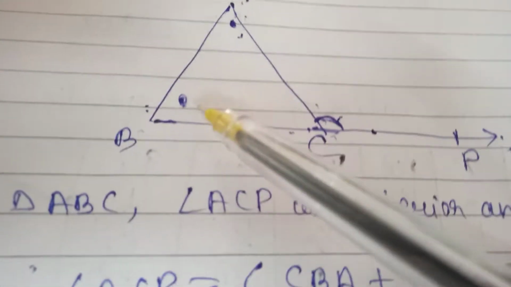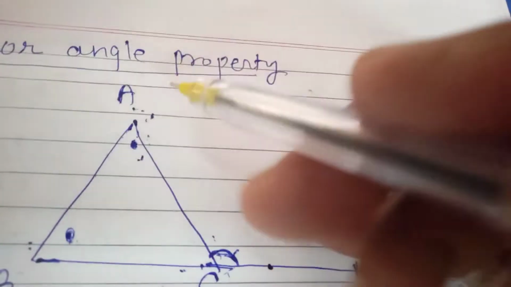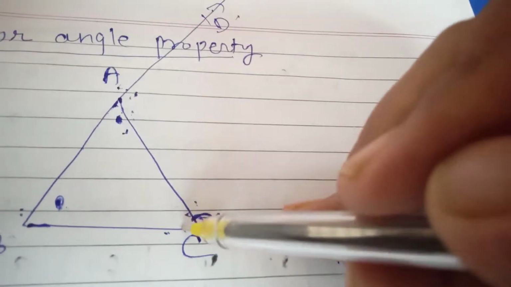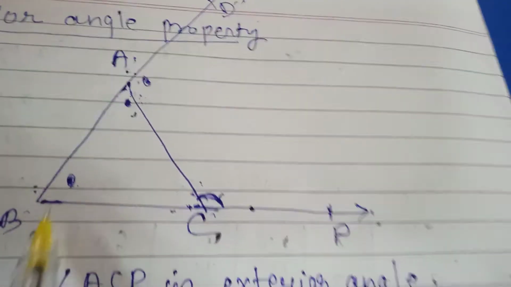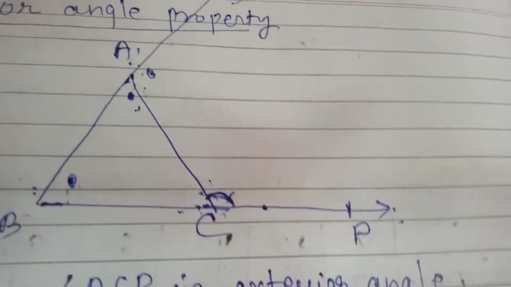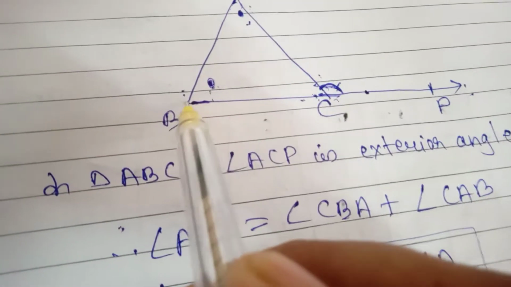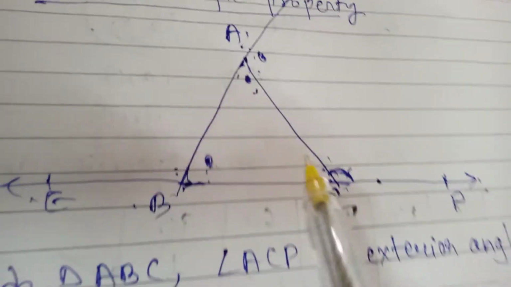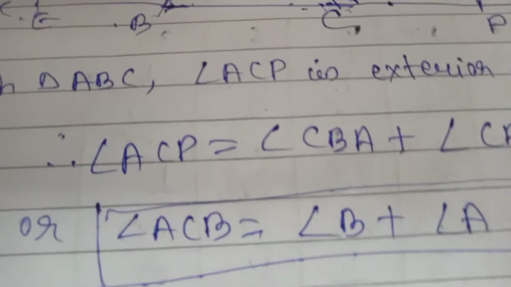So what we come to know is that an exterior angle is equal to the sum of its two interior opposite angles. See, in front of the angle we have to select. If I am taking C, then there will be A and B. If I am stretching here, suppose writing D somewhere, then CAD is the exterior angle. So for CAD, for this A, now B and C will become the interior opposite angles. Clear? Same way, if I am extending it this side, like E, then for angle ABE, A and C are the interior opposite angles. Clear? So we will use these two conditions for solving our numericals.